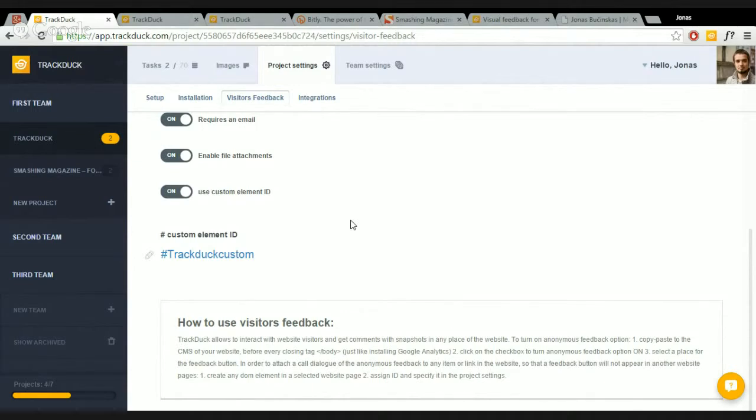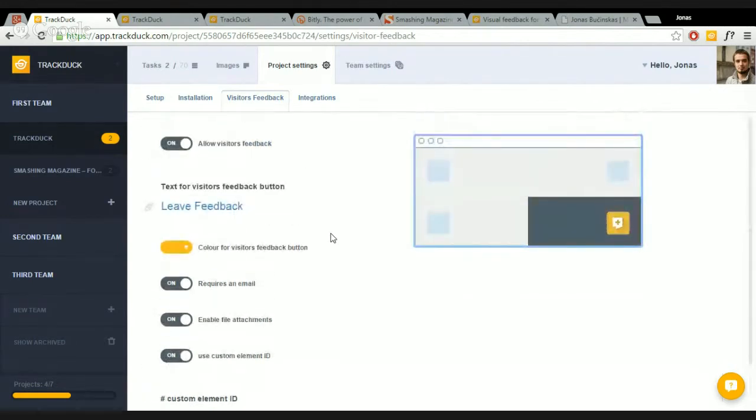Cool, Jonas. Thanks. So yeah, guys. If you're just starting off with TrackDuck, I would highly recommend to use browser extensions. We have them available, as mentioned, for Chrome, Safari, and Firefox. And if you want to get feedback from your website visitors, or you don't want your colleagues or clients to register for TrackDuck just because it gets extra trouble, then use the website visitor feedback button. You can customize it according to your website design and needs, and it just really simplifies the way to get feedback on design